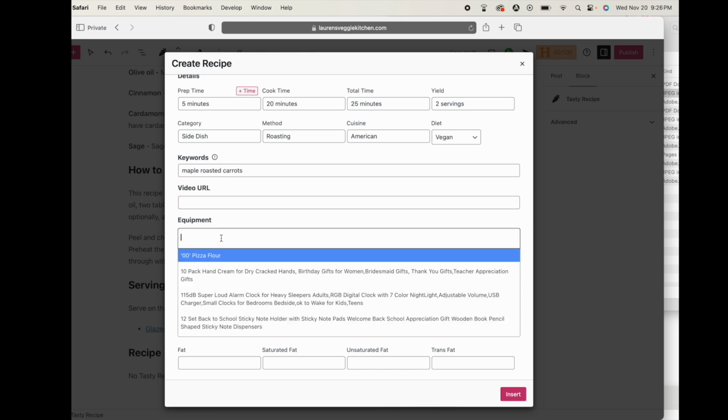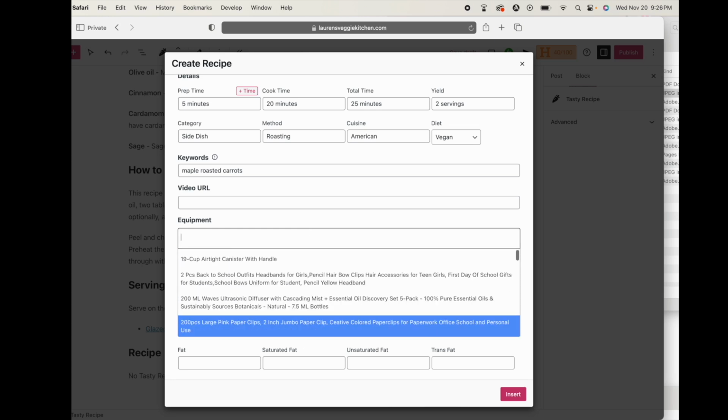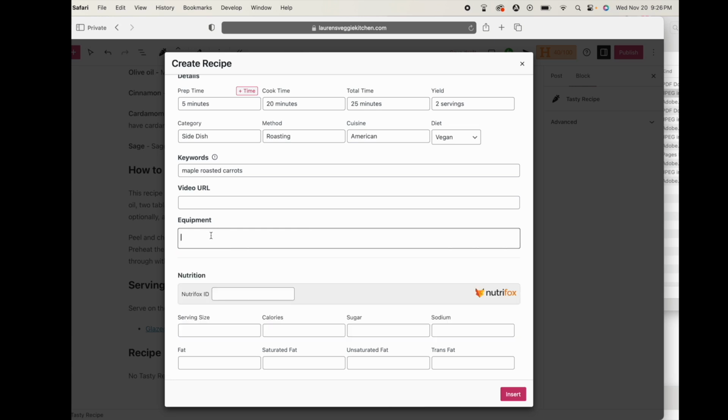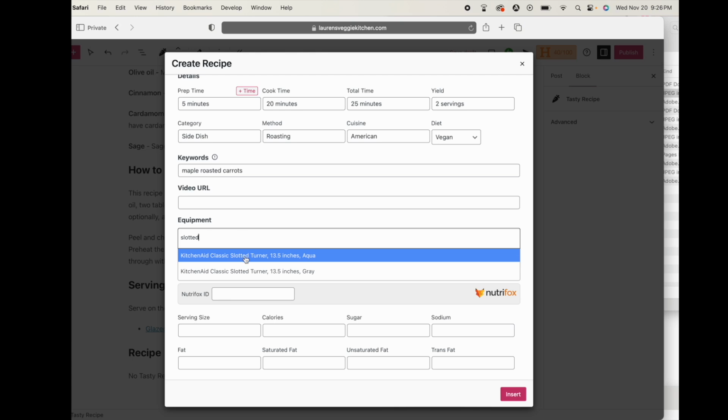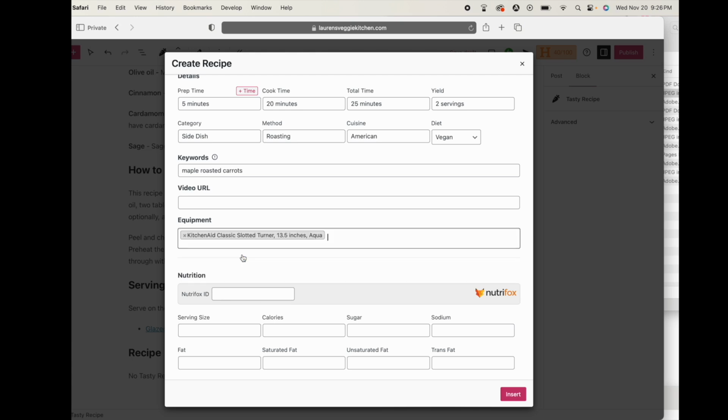If you also have the Tasty Links plugin by WP Tasty, then you can choose equipment that you used to make the recipe. So if I wanted to advertise my spatula that I used to flip these, I could put that in there. This is the KitchenAid spatula, and it will populate an image of that spatula that I used at the bottom of the recipe card,